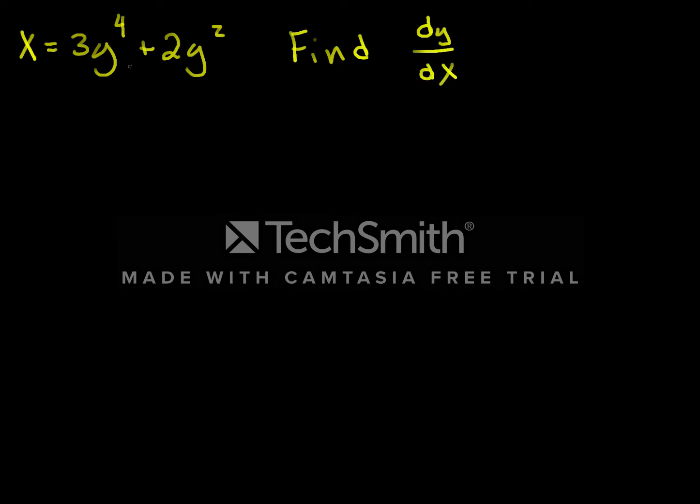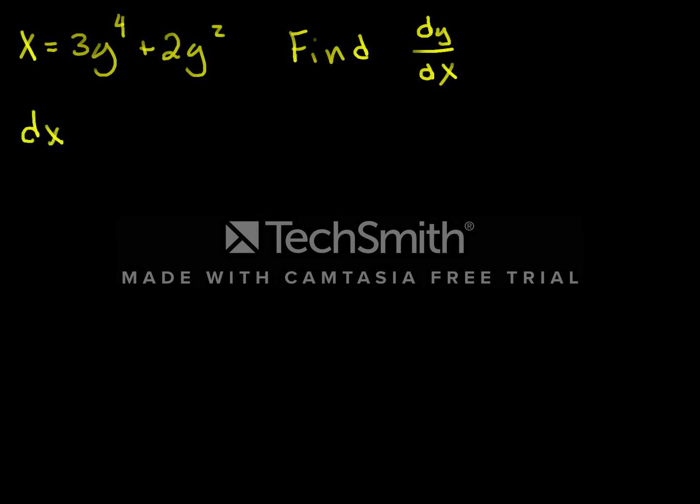So this is a function. Y is my independent variable. X is dependent on y. But now I want to flip it around and say, okay, I don't know what the inverse of this function is directly. I don't think you can find one, but I can find it indirectly using my differential rule, because